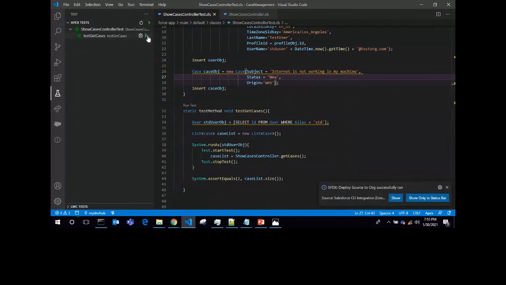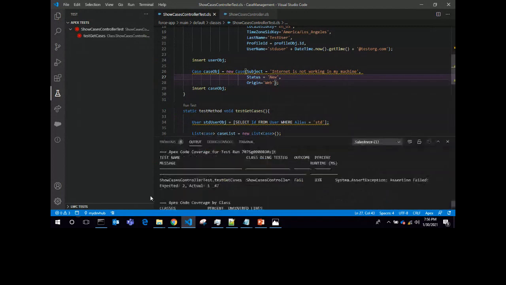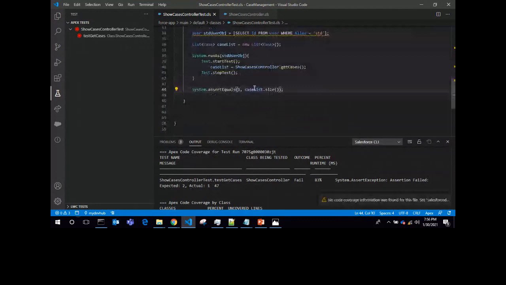Again I will run the test class. Okay, so see, the assertion has failed. That's why the color has turned red. If I open the terminal here, it shows System.AssertException: Assertion Failed: Expected 2, Actual 1. So in this way, you can run the Apex test class from your Visual Studio Code.